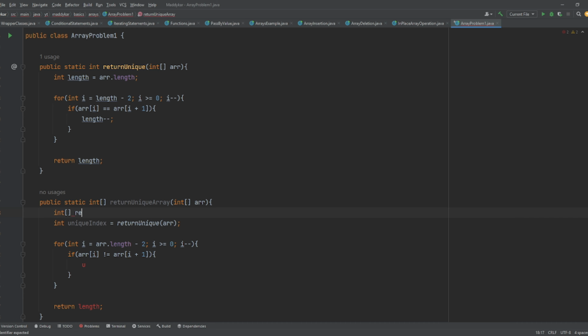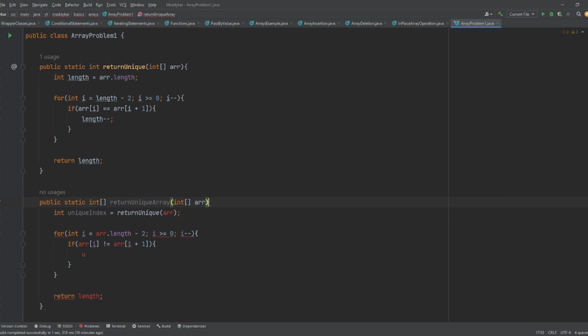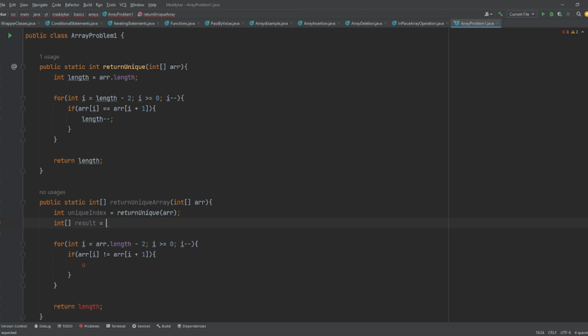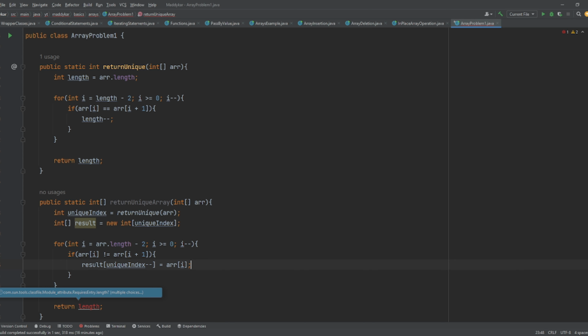Int result, this should be after getting the number of unique elements, equals new int of unique index. Result of unique index minus minus equals arr of i. We just need to insert the current element into the resultant array,